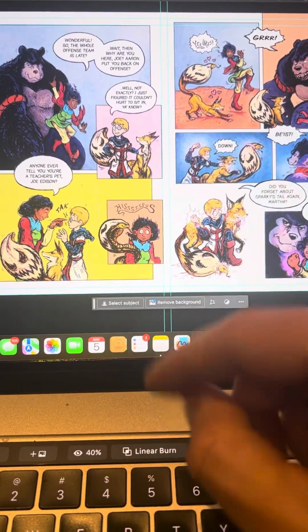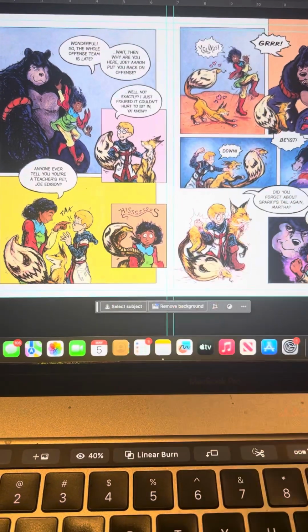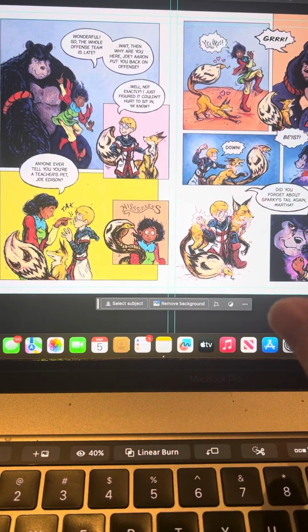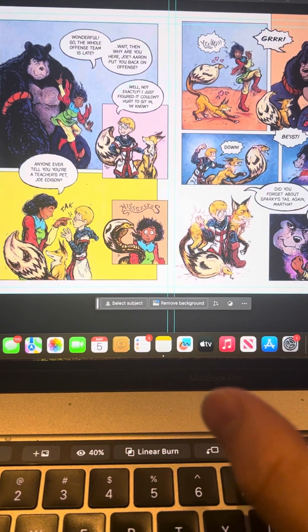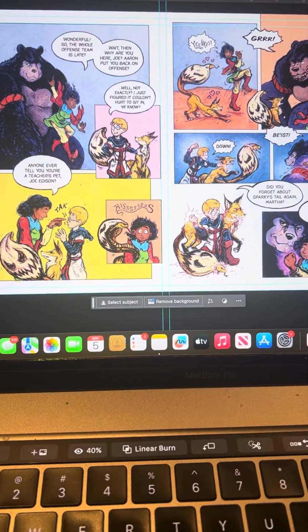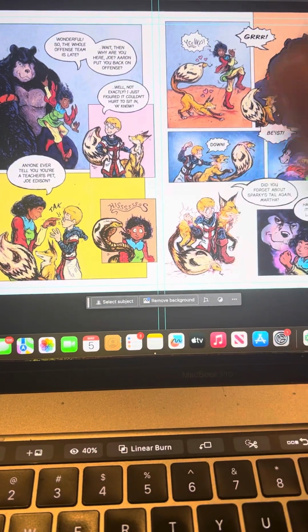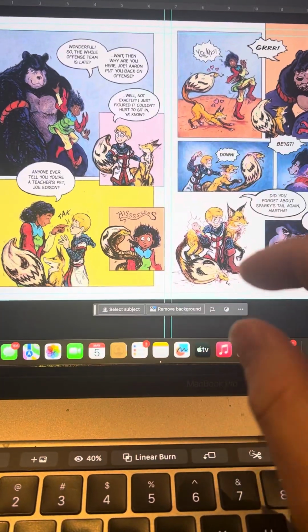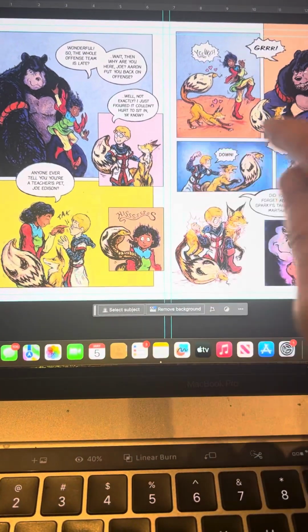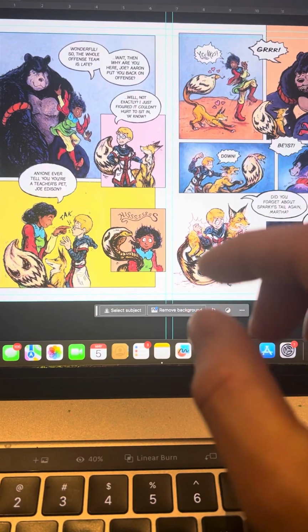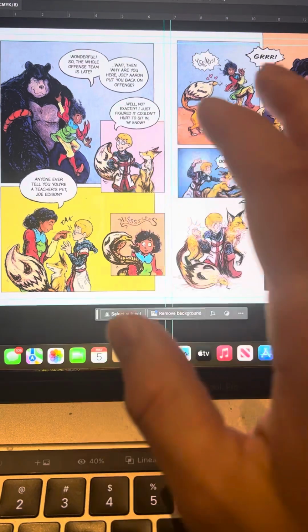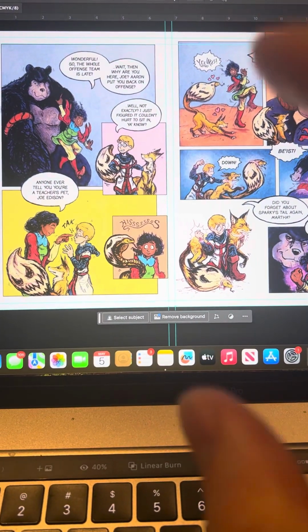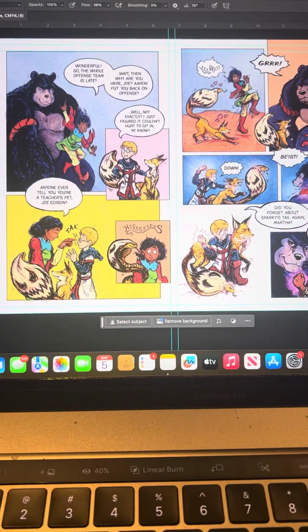One more nice thing about this: abstract color theory is an alternative to realistic color theory. So you can still use realistic colors and paint an entire lush green landscape. But the nice thing about abstract color theory is you don't have to paint a giant, detailed, lush landscape every single time. So I've already established the landscape in previous pages. I've got little indications of the landscape in panels here or there, but I'm allowed to take a break and just focus on the characters for a few pages or in a few panels, especially if it's a dialogue heavy